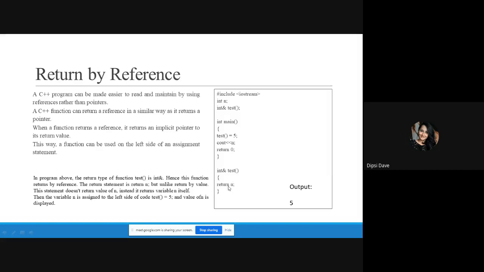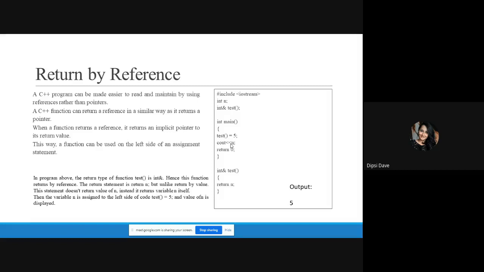So whenever a variable is being returned, it actually returns the variable itself. So we can actually get some new value of that variable and we can work further. The only one thing is, see, if this n would have been local to the test function, then when you try to return the variable n and try to access it over here, it won't allow, right?